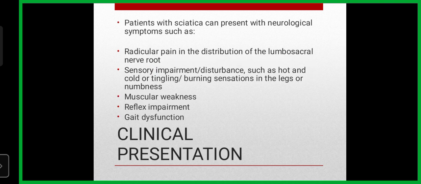So what is the cause of sciatica? Sciatica occurs when the sciatic nerve becomes pinched. The cause is usually a herniated disc in the spine, or an overgrowth of the bones, sometimes called bone spurs, forming on the spinal bones. More rarely, a tumor can put pressure on the nerve.